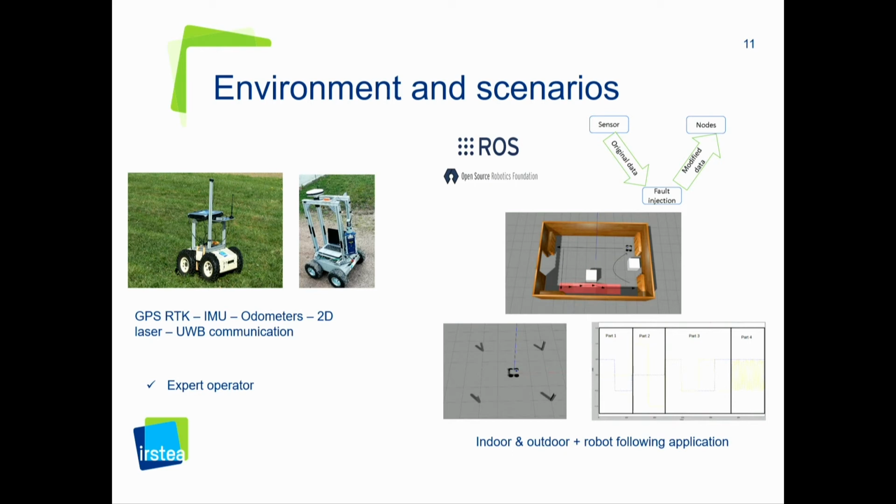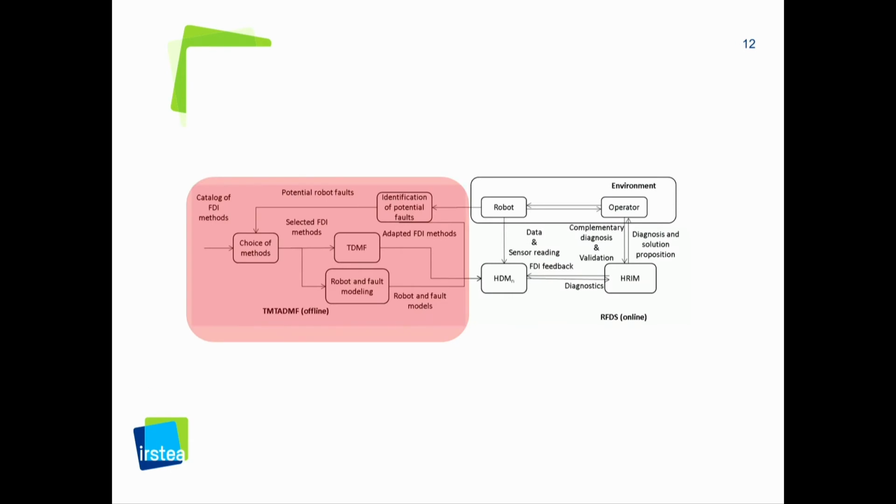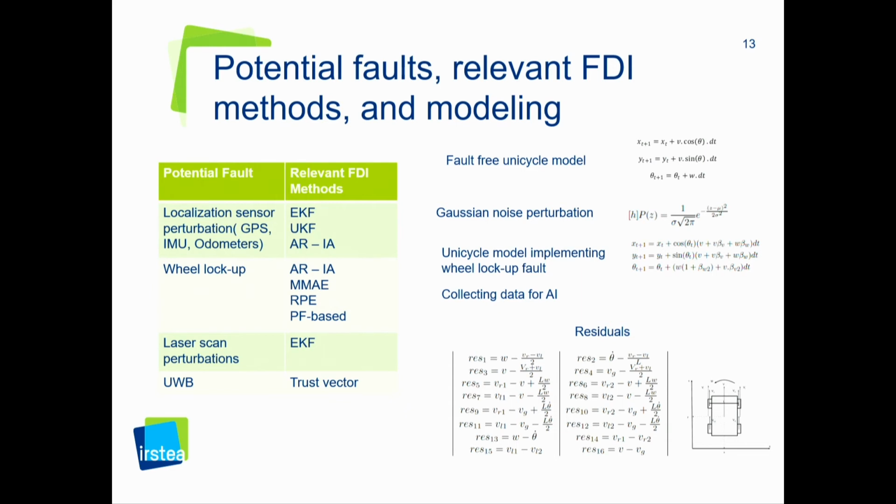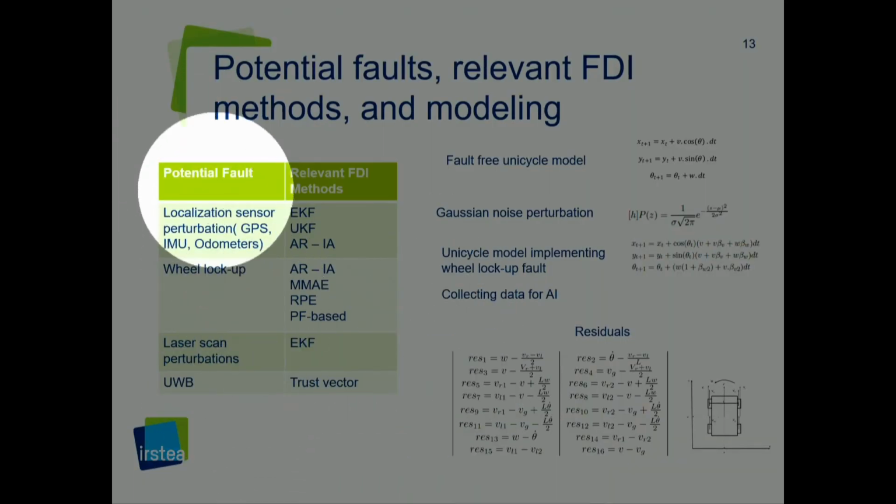Sometimes we hit the robot. We defined four contexts for testing: one indoor, one outdoor, and other contexts. So now for the offline part, I'll be talking about this. Potential faults, as we said before, 10 faults